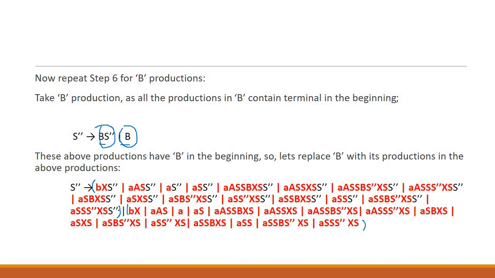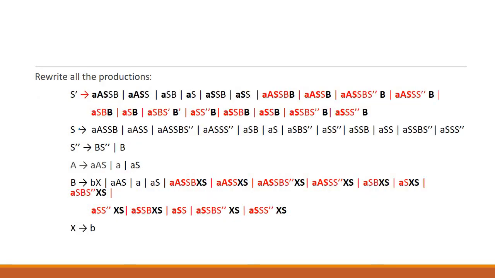This is the procedure of creating GNF, and always remember that the normal forms help us to compute the context free grammars, as well as to reduce the complexity of understanding CFGs. So this is the final structure of